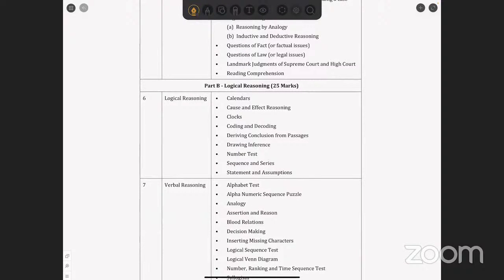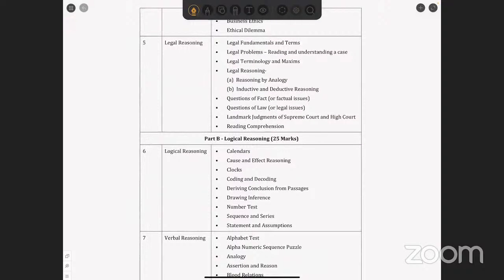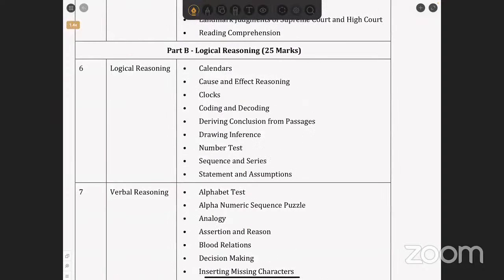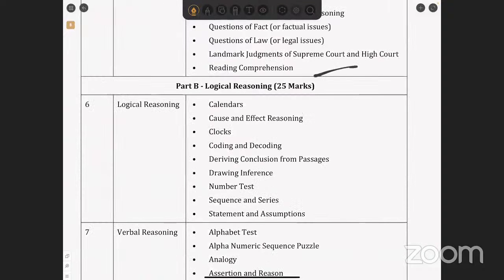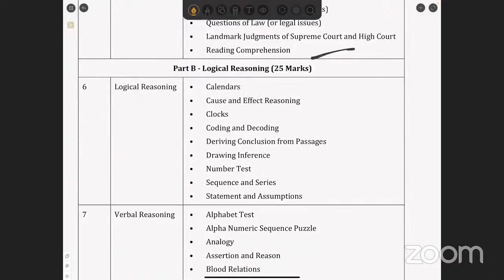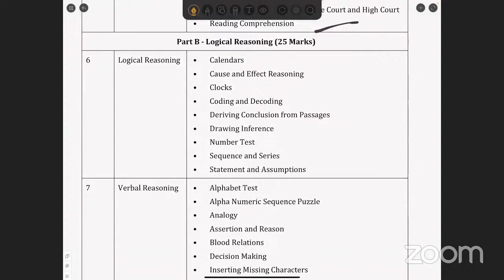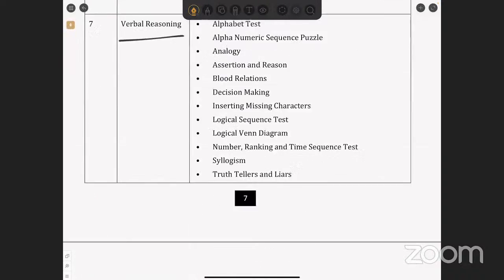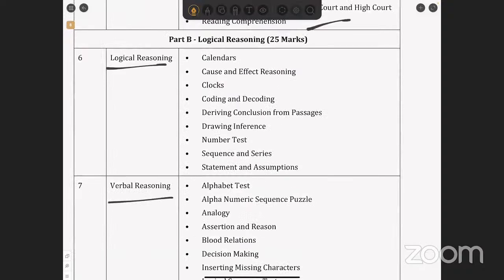Finally, yeah. Okay. So this is the syllabus which we have on hand. You can notice that logical reasoning is for 25 marks here, the other 25 being legal aptitude. Now, if you look at the logical reasoning subject itself, there are three divisions. One is logical reasoning, then we have verbal reasoning, and lastly, we have non-verbal reasoning. I don't know why the institute has divided the topics like that, because there are a few mismatches here